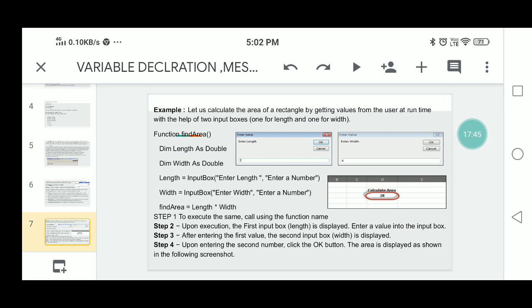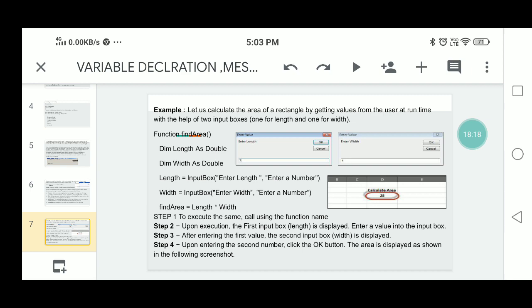The next example is to calculate the area of a rectangle by getting the values from the user at runtime with the help of two input boxes, one for length and another for width, and it will display the output. Here is not a whole program, just a sub function, a self-contained unit in the program.